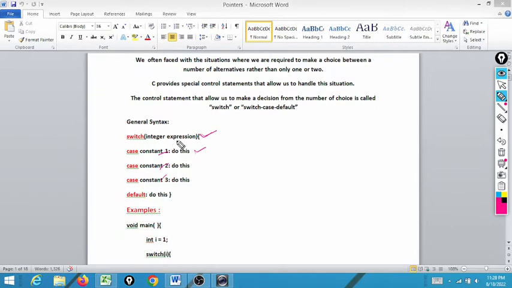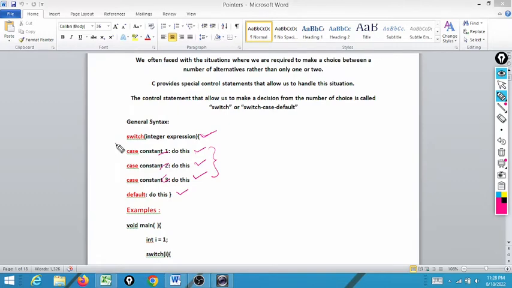If it is equivalent to constant 2, we have to execute this statement. And if it is equivalent to constant 3, we have to execute this statement. And if none of these three match, we will execute the default statement.